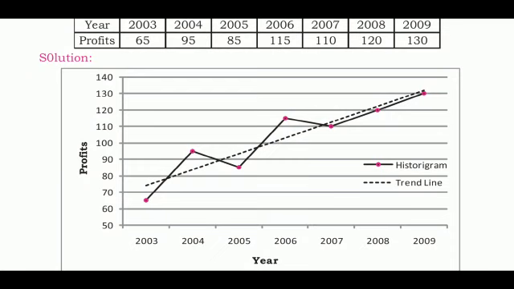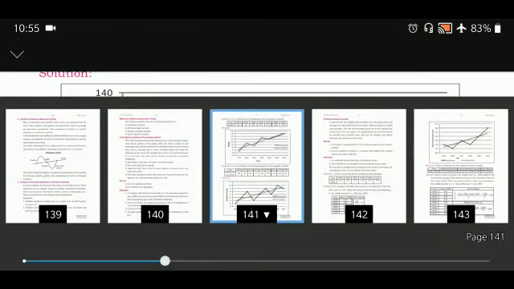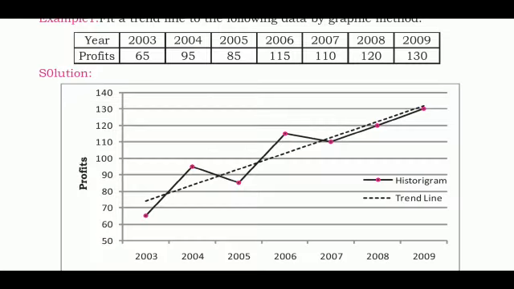Now, they have asked to draw the trend line, the dotted line, where you are trying to cover the maximum points. See, these two red lines, this is one line; you are going to draw it in such a fashion that you are covering the maximum number of points, and this is how you draw the dotted line, and that is known as the trend line. So this is the representation of a time series by the graphical method.